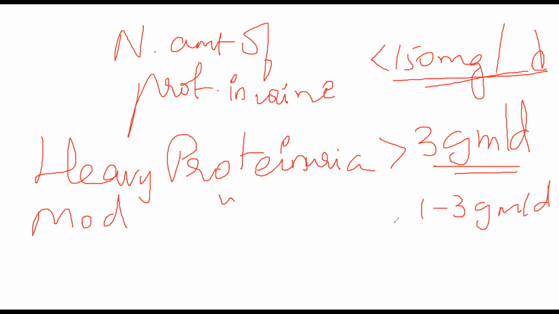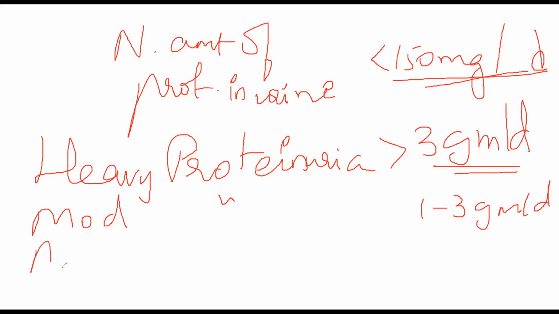Now, moderate proteinuria will generally be seen in chronic glomerulonephritis. You can see it in nephrosclerosis. You can see it in pyelonephritis. If there is infection of your kidney, generally from a UTI going up, then pyelonephritis occurs. If the patient has cancer, multiple myeloma type of cancer, in that case you can see 1 to 3 grams of protein in the patient's urine.